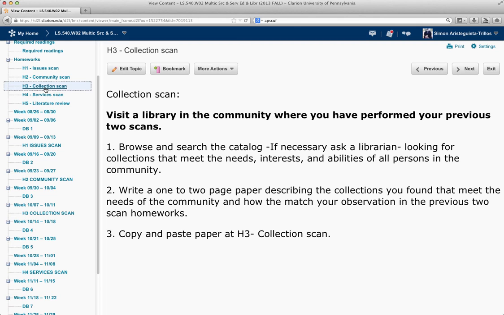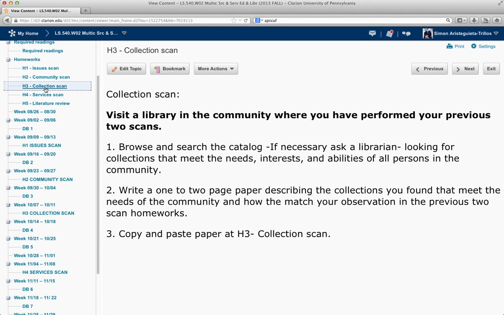Then we have H3, and this you have to go and visit the library. You can go and visit a public library or an academic library. It doesn't matter. And I want you to browse and search a catalog and ask a librarian looking for collections that meet the needs and interests and abilities of all the persons in the community. Now, it is important for this homework to work that you do your library visit in the same community where you have done your two prior